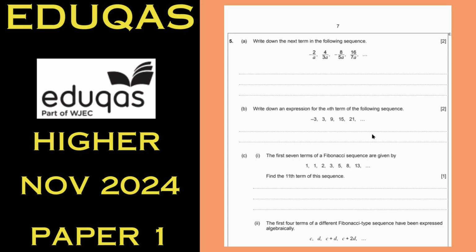Question 5, write down the next. Nothing too complicated, just look at what's happening to the numerator. The numerator is doubling each time. Let's carry on doubling. 1 mark for that. It's also alternating between plus and minus, so it's going to be a minus. Doesn't matter if you put your minus up there, there or there, as long as there's only one of them,